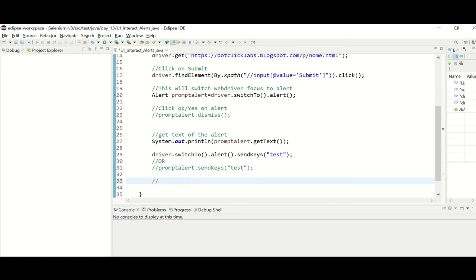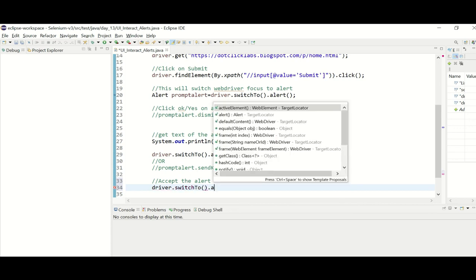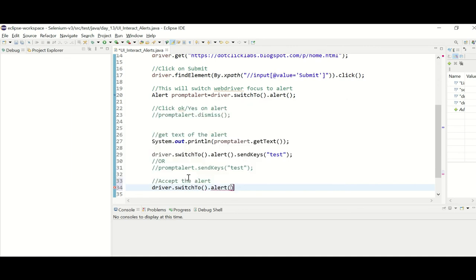So now once you switch focus, now accept the alert. To accept, driver.switchTo().alert().accept(). Now, we switched to the alert and accepted the alert.